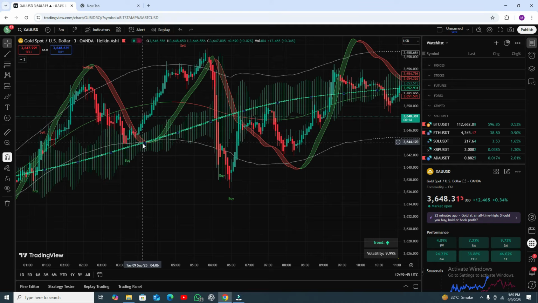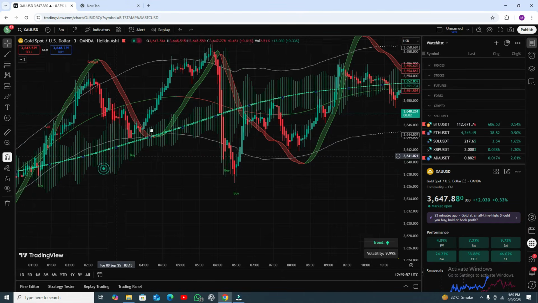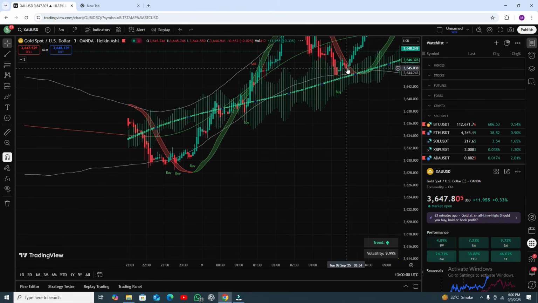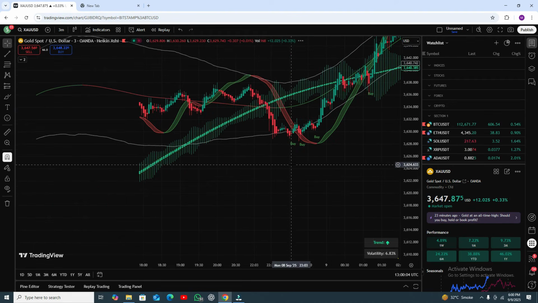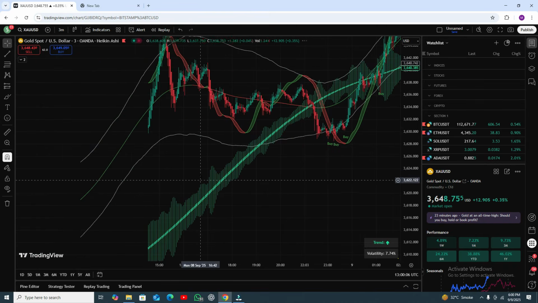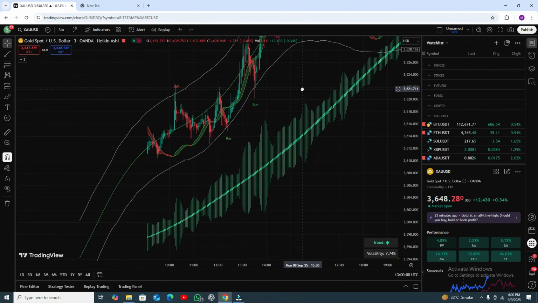But here you can see RSI was touching the lower band line, and the candle is closing upside from the RSI and the cloud. So you can open your buy position, and you can see the result. I do not need to show you because this is awesome. Okay, let's move further, and let me show you some perfect trades here.